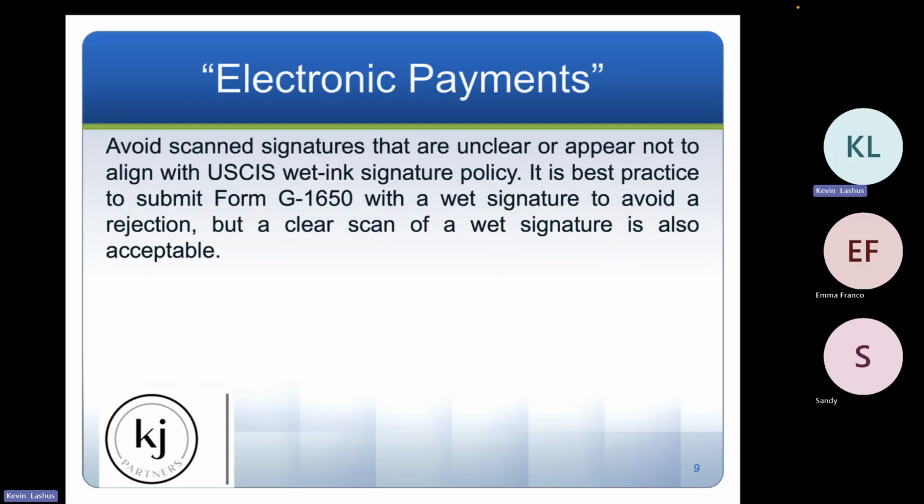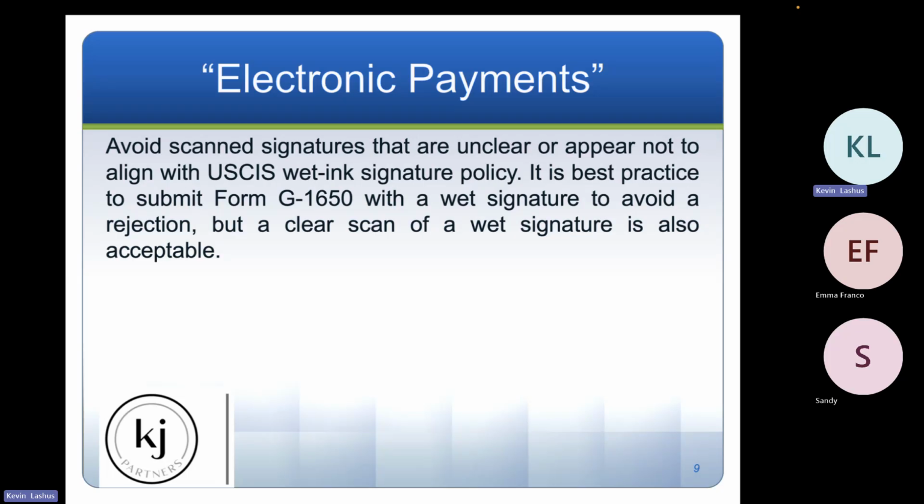Best practices. The government still requires wet ink signatures. Yes, I said that again. They will not accept electronic signatures. I can buy a house and sign all of the documents associated with my house electronically. I can buy a car and electronically execute all of those documents. I can be involved in a lawsuit where I have to execute a judgment and the government authorizes us to